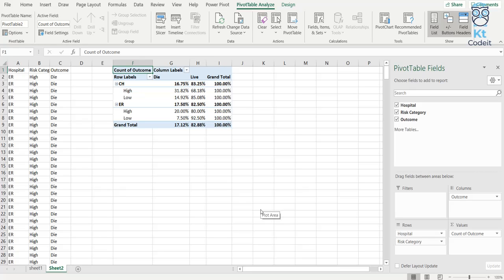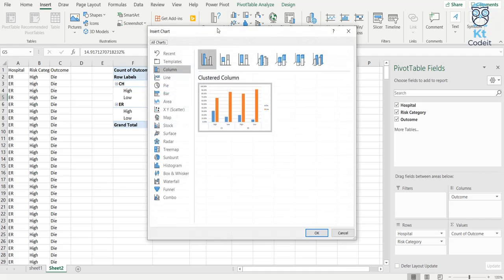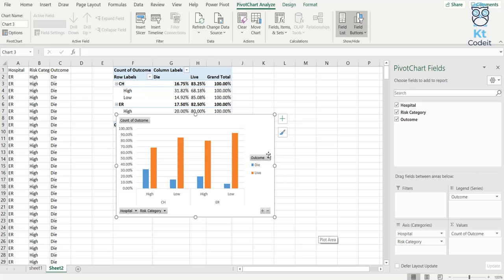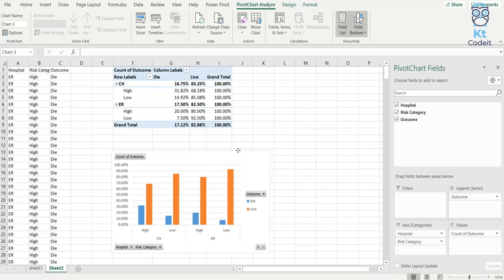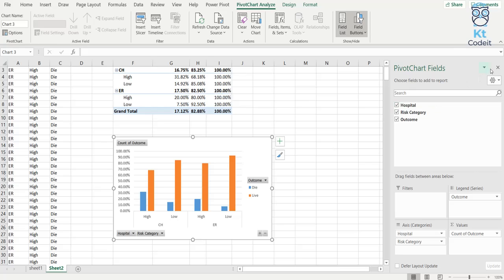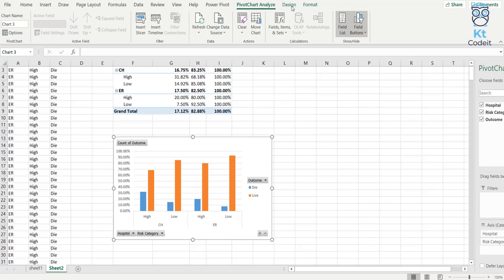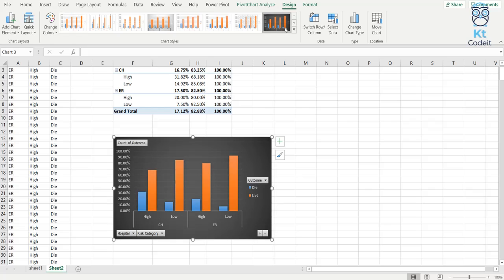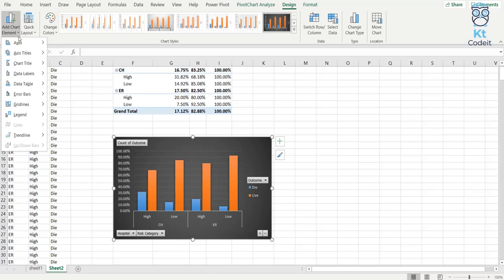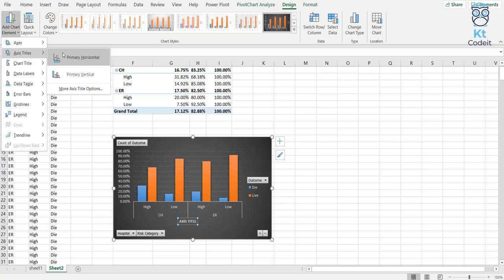And if we want to visualize our data to better understand it, I'll click on the pivot table and again go to insert, then recommended chart. As you can see, it's already recommending a clustered column chart, which, as you see, is depicting the data very well. So I'll make some changes to this chart to make it more presentable. So I have just changed this design because I like this design more, and I'll add axis titles and title to this chart.